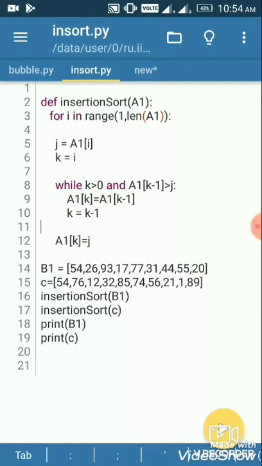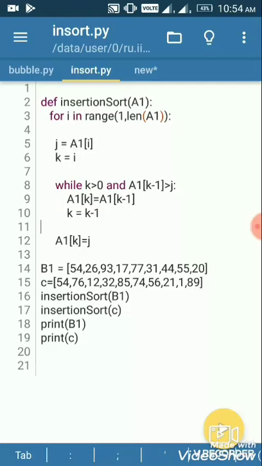We define a function insertion_sort, named a1, and the passing parameter is a1, and for i in range starting from 1 to the end, length of a1, j equal to a1[i], so j will hold the value of the first element of the array, then k will hold the index number of that element.